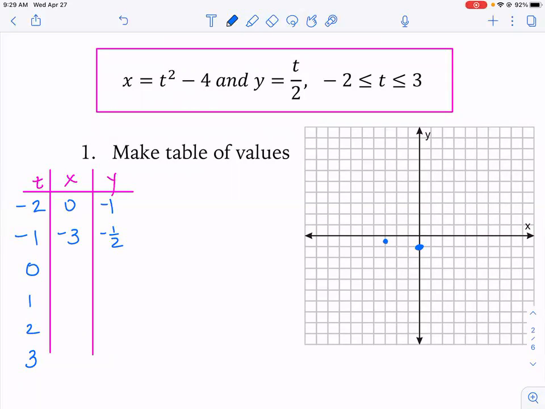Then we're going to plug 0 in for t. When we plug 0 in for t, our x coordinate is -4. Our y coordinate is,